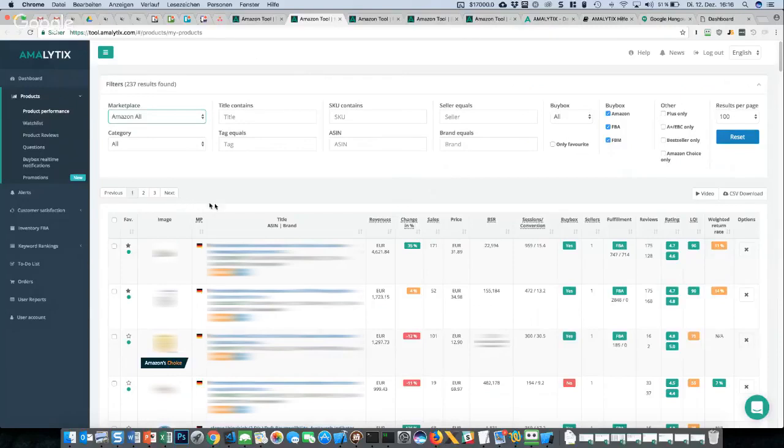And you can see, of course, some basic information here like ASIN, EAN, and SKU codes. You see the revenues for the past 30 days, sales past 30 days. You see, which is quite interesting, a change in revenues for the last 14 days. So you can quickly see if something is going up, down, or is stable. And of course, some values like bestseller rank, your current price, and we are connecting to your Seller Central account